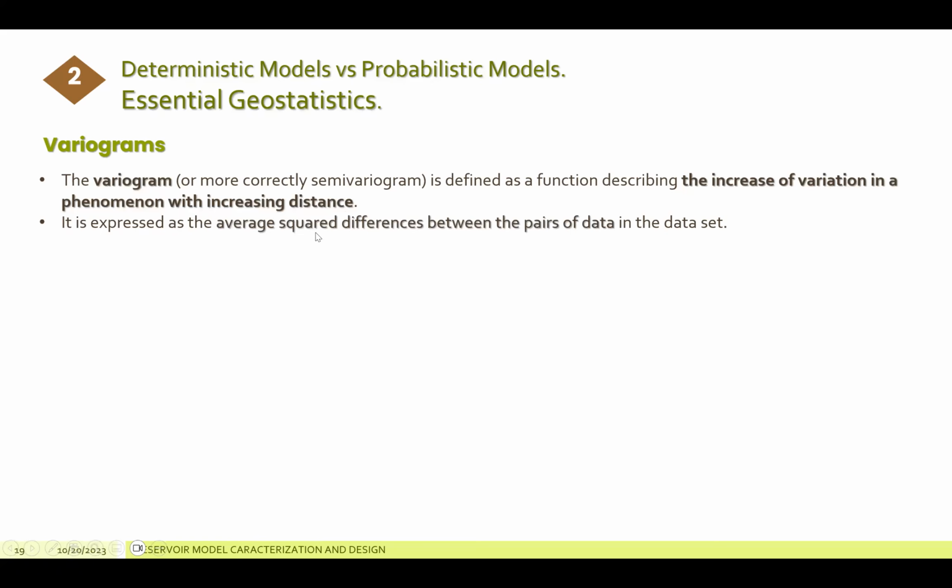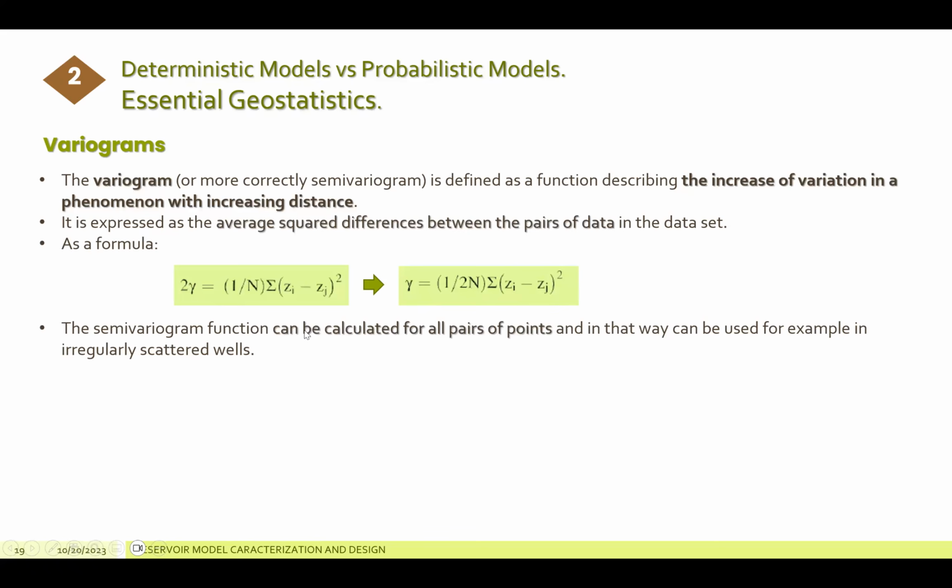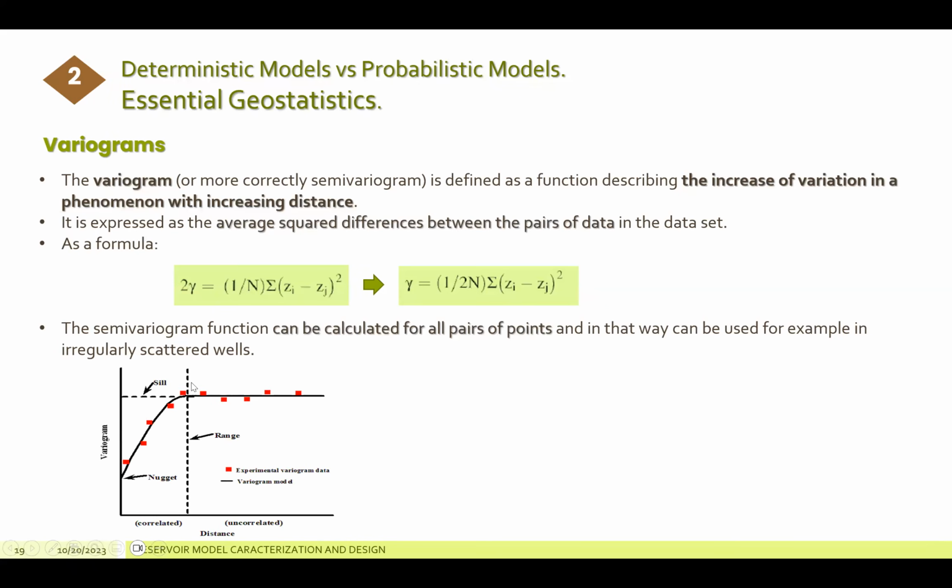It's expressed as an average square between pairs of data in the data sets. It has this formula. So this is a semi-variogram over here. And the function can be calculated for all the pairs, and in that way you can use an example in irregularly scattered wells. Here is a variogram. You see this picture for sure in a lot of software. In this case, this is one coming from Petrel